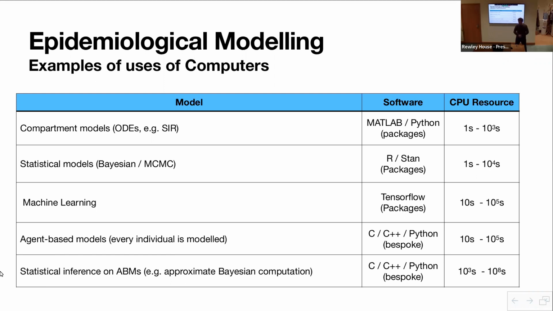And then there are standard packages called R, which I think most of the statistical community uses, and there's something called STAN, which is like a specialist thing for looking at these Bayesian models. And again, these models, they don't take a huge amount of time to run normally. A few seconds, at most, maybe a few hours, but it tends not to be that long. Obviously, there are some exceptions.